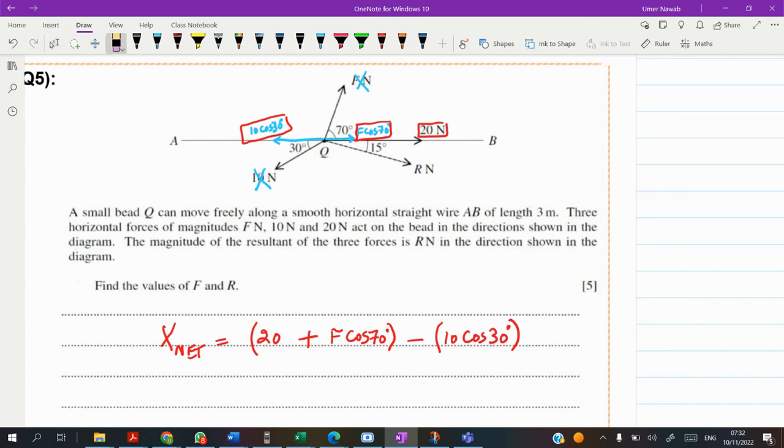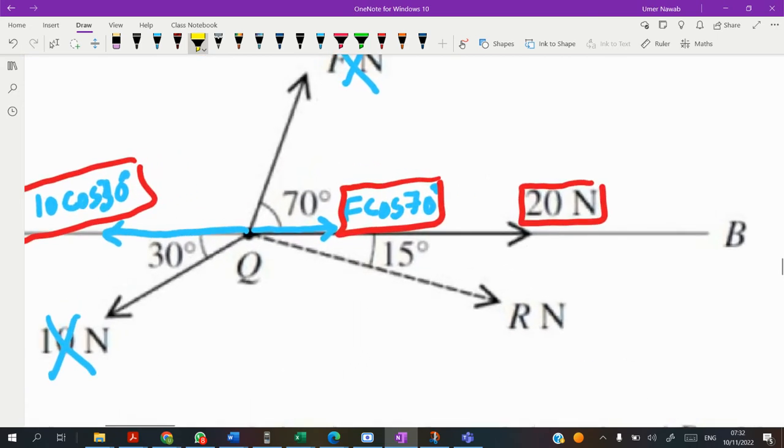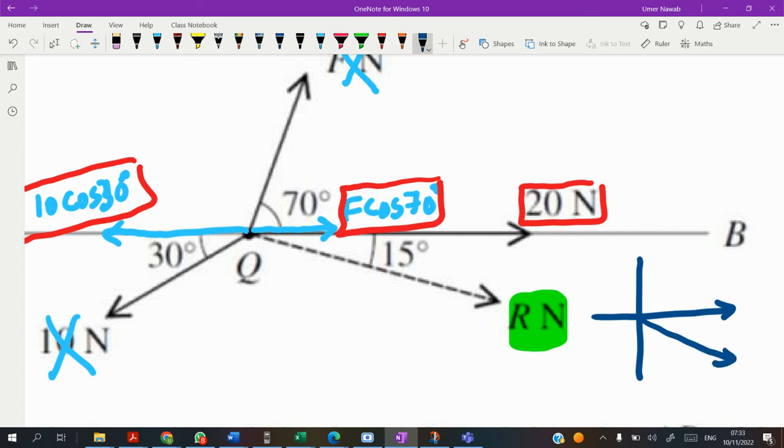Now I will bring your attention to a very, very important thing. In the previous part, the resultant was not shown to you, right? And in this case, he gave you the resultant. Why and how can we use it? Since the resultant is given, and it is acting in this direction, it tells you a very important thing: if the resultant is acting in this direction, it means the x